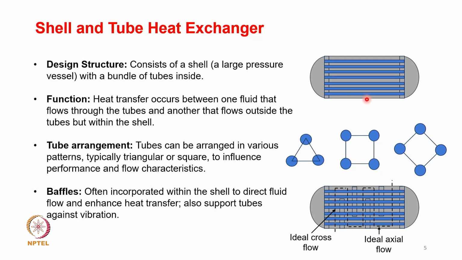When a fluid flows through the tubes, the other fluid that is part of the heat transfer process passes outside the tubes but within the shell. So one fluid will pass through the tubes and exit. The other fluid will pass outside the tubes, through the shell. So you would see that there are areas in which they contact through the surfaces,